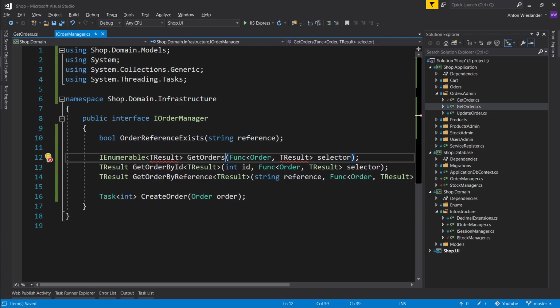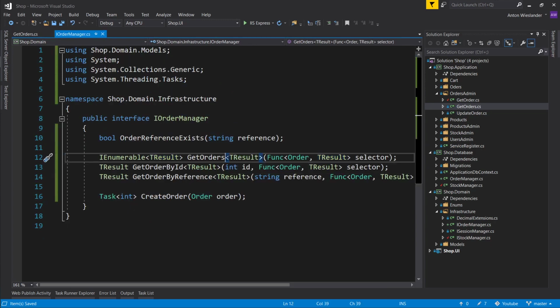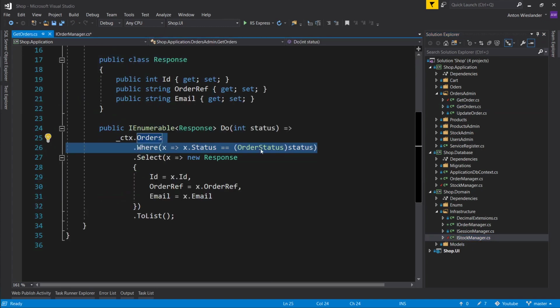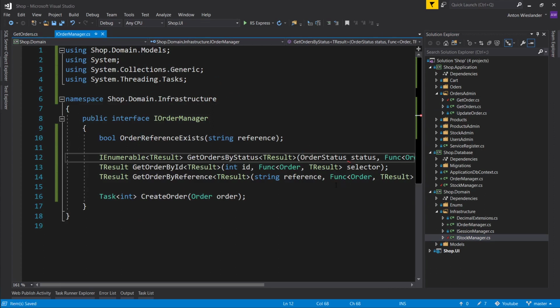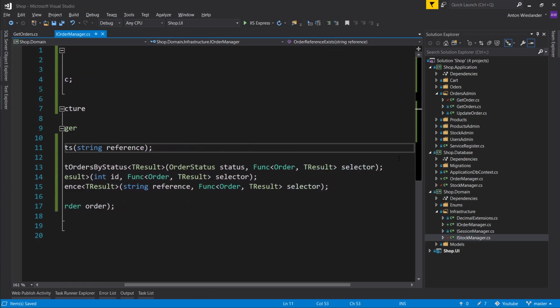Okay, and let's specify TResult here. And what do I need? Status. Okay, get orders by status, and then we can specify the status here. Let's make sure we import it. Oh, looks like I have generated it instead. Let's remove this, it's OrderStatus instead. So let's say OrderStatus and import the using statement here. Again, I'm just passing the selector and getting an order status. Nothing